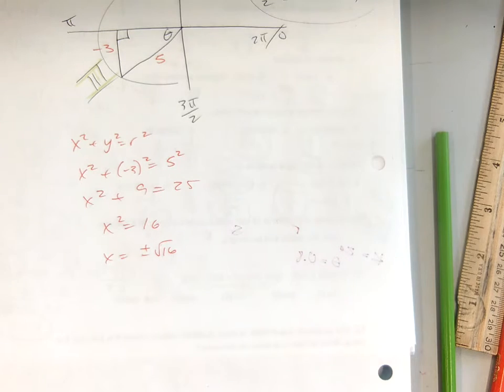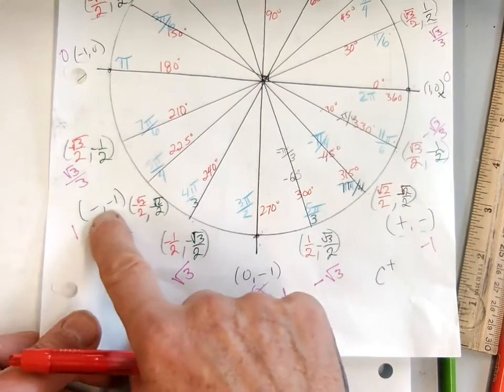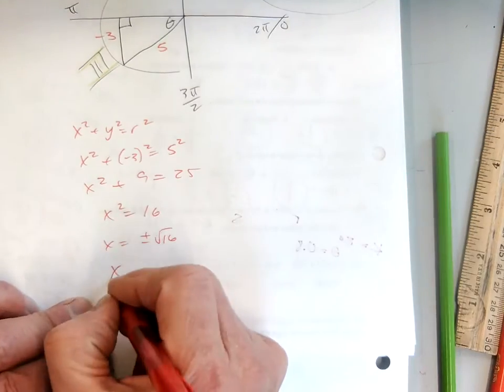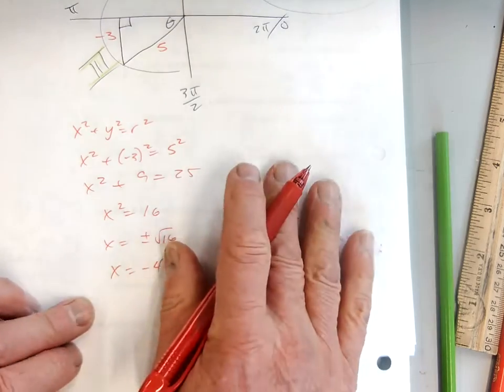So if I look at my unit circle, remember we wrote this? Negative, negative, right? So if you're in quadrant 3, x is negative, y is negative. So here's what I know. X is going to be -4, okay? Now,